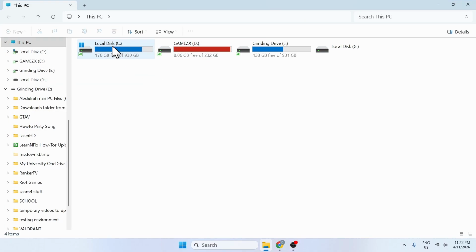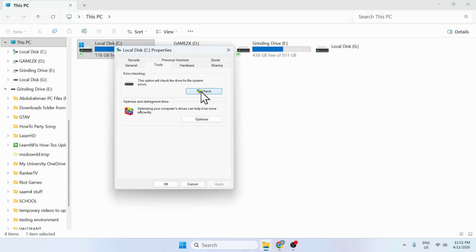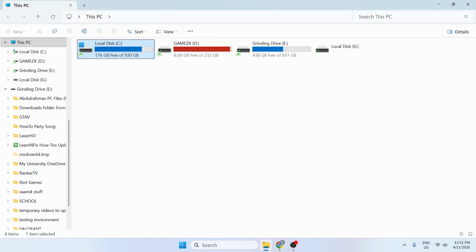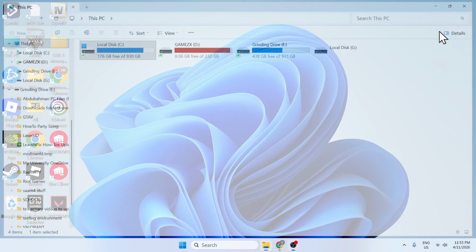Let's say it's this one. So just go here, right click, Properties, Tools, and click Check. Now this error checking tool will basically check for any errors and automatically fix it for you. Now if this doesn't fix your issue, the next thing you want to do is close this down, go